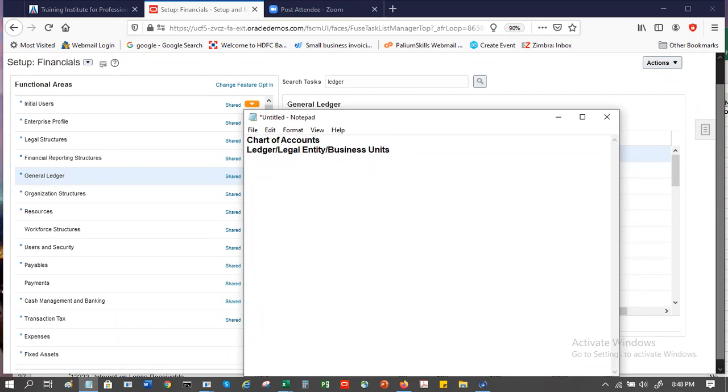Once this is done, we complete the legal entity related updates or changes, things like addresses or more legal entities or legal authority and stuff like that.